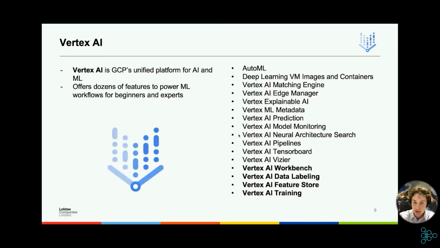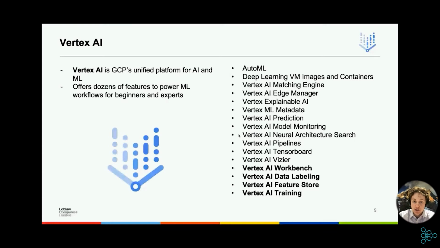Number one is Vertex AI Workbench, which is similar to Google's Colab, but runs within your Google Cloud Platform projects, which allows you to spin up Jupyter notebooks using Compute Engine resources. Vertex AI data labeling allows one to provide a PDF to a group of human labelers, and that allows these people to label this data for you, so you don't have to go to the trouble of trying to label it yourself.